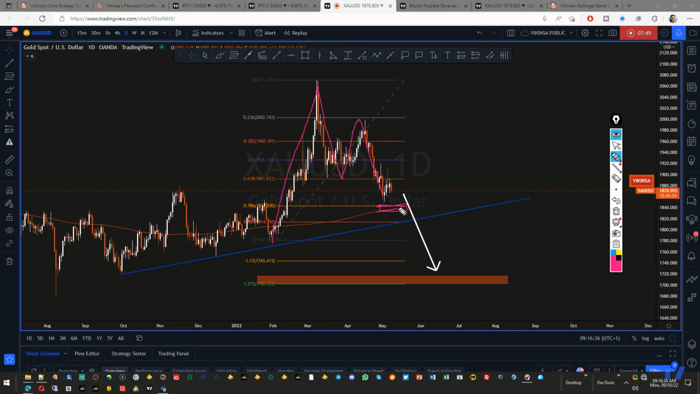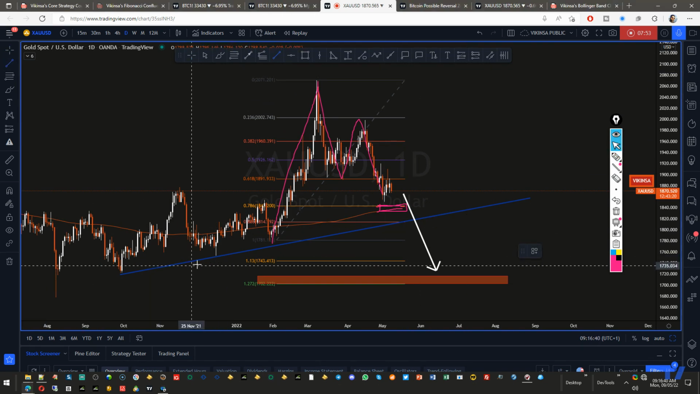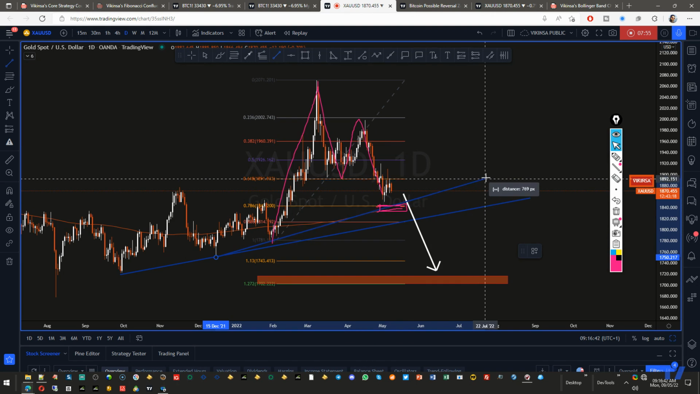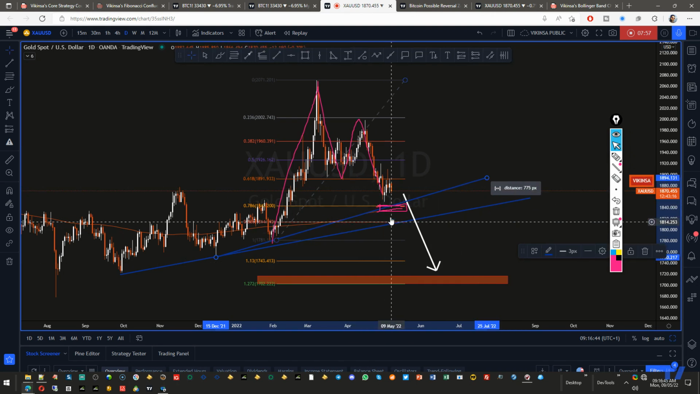But if the market violates this, then we have this trend line, and there are a couple of trend lines here. So there is another one here. All of these can actually produce opportunities to go long. But if they get violated, the next FCP zone is going to be around this level,